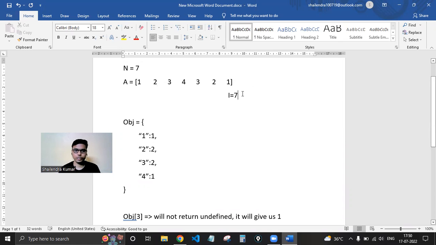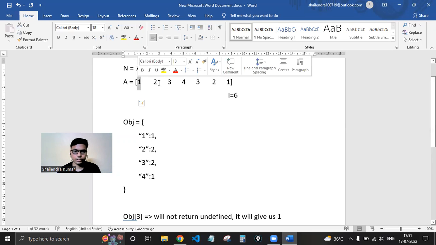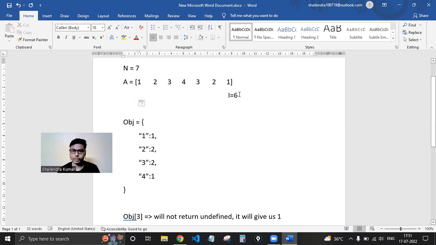I think I have done a little blunder here. It will be 6. I didn't start as i equals to 0. I should have started it as i equals to 0. So little mistake from my side. So this will be i equals to 6. But nonetheless, we can consider it as first element or zeroth index. Okay. For zero based index, it will be zeroth, and in terms of literal view, we can say this is the first, this is the second. Okay. So for this i equals to 6, the value inside the array for this index is